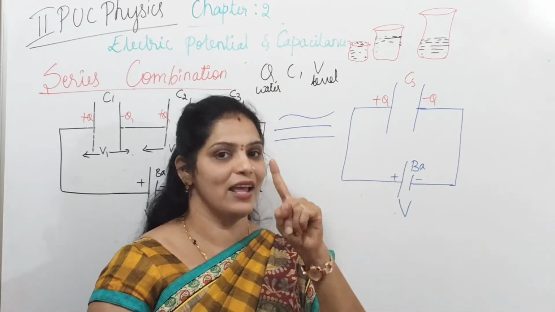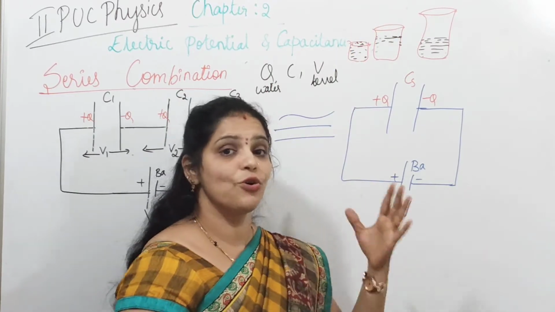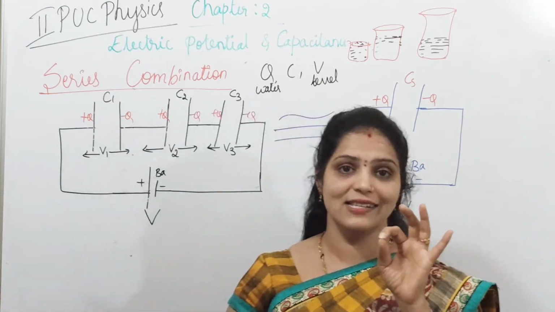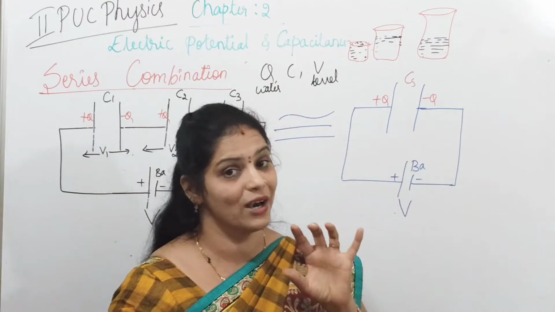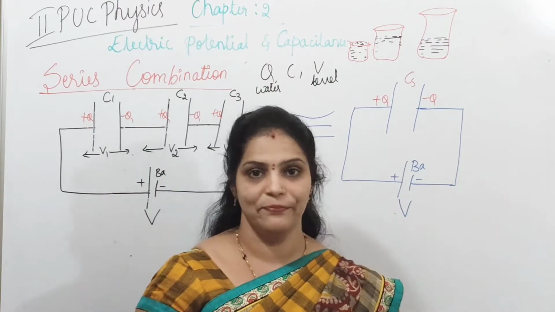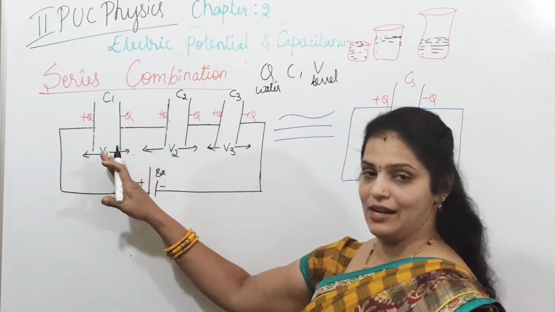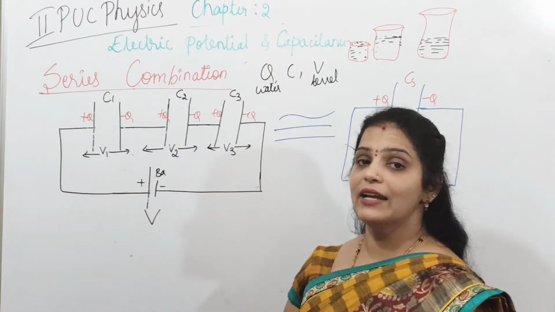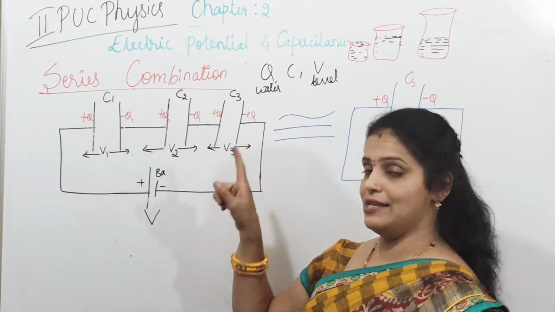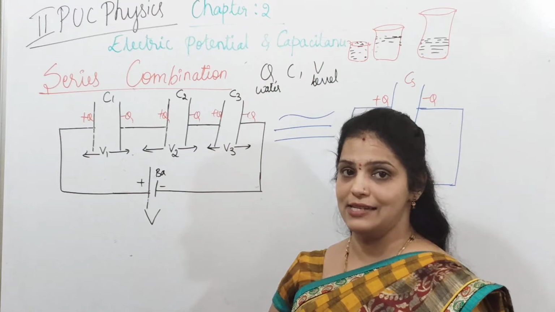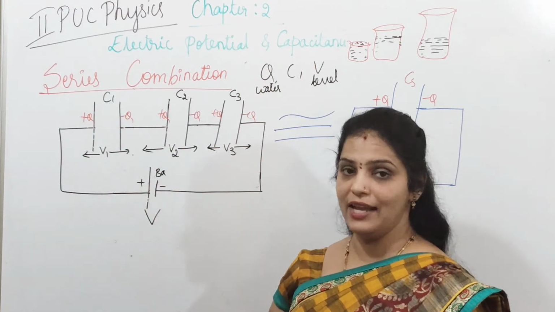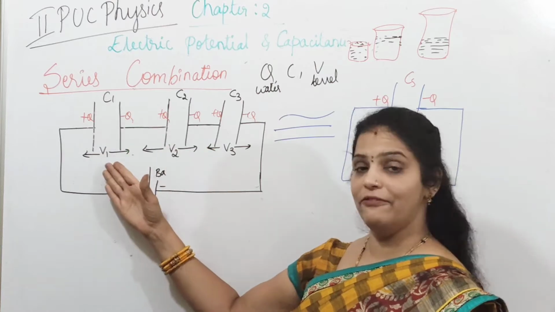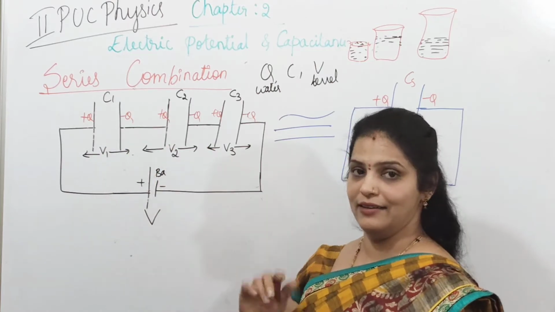But you are adding one glass of water, so the amount of water you have added is the same. Since the capacity of the beaker is different, the level will be different. Same concept here also. When we have taken three different capacitors having different capacity, but the charge which is added is the same, then the potential will be different.